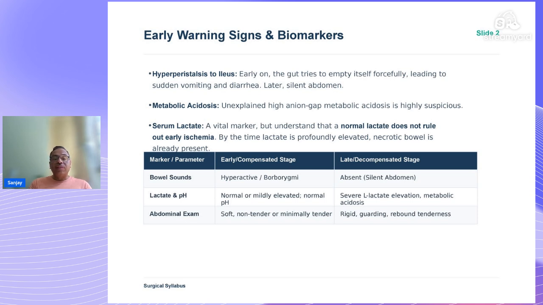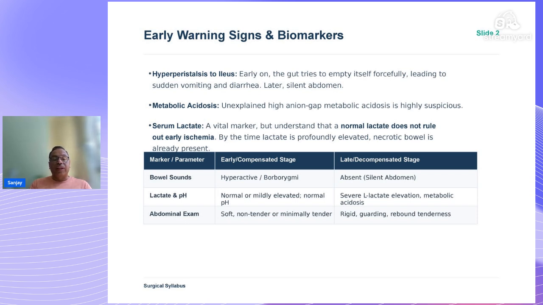Of course, there are certain biomarkers also, biochemical markers. Metabolic acidosis, unexplained high anion gap metabolic acidosis in such a patient is also very suspicious. Serum lactate level is a very vital marker, but understand that a normal lactate does not rule out early ischemia. So just relying on serum lactate would not be correct, because it may be normal in early ischemia, but by the time the lactate is profoundly elevated beyond 2 or beyond 4 millimoles per liter, the bowel is already